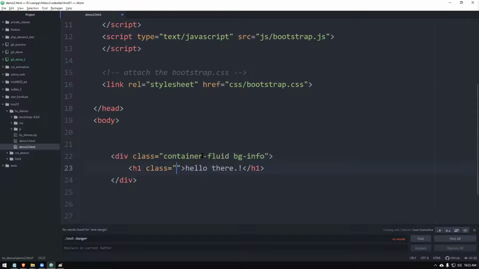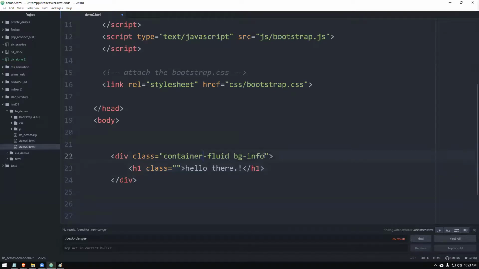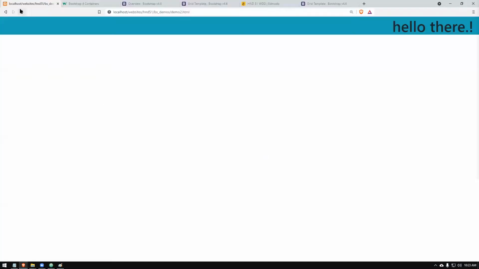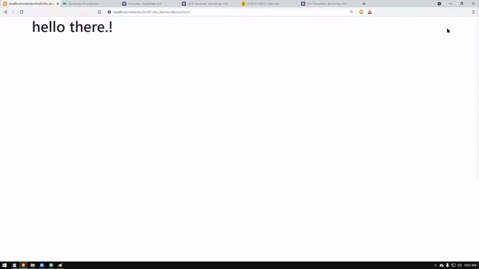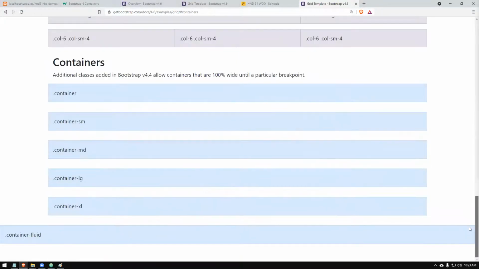So for my designing work, in some places I can make use of this fluid part, but in most places I'm going to use container. That means it's going to have a fixed size like that, because I'm using a big size screen, right? You can see the container sizes they are using. Container fluid here, the example they are showing here. Container extra large, container large, container medium, container small, and container.